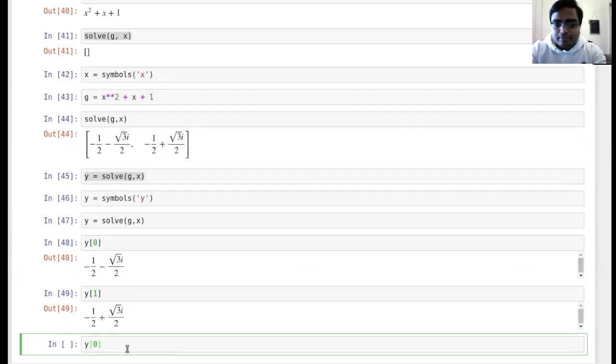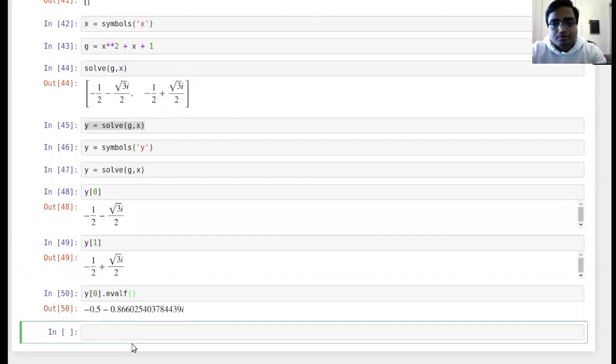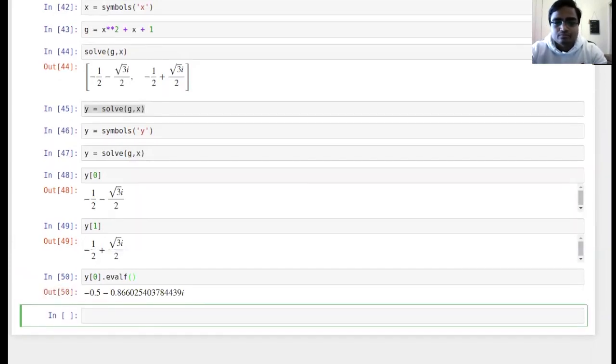There is another functionality that is available to us. Instead of printing it as rational numbers, we can ask it to evaluate it to numerical values using this evaluate function. So the output of this is in terms of floating point numbers. So this is how we can use SymPy to solve some simple